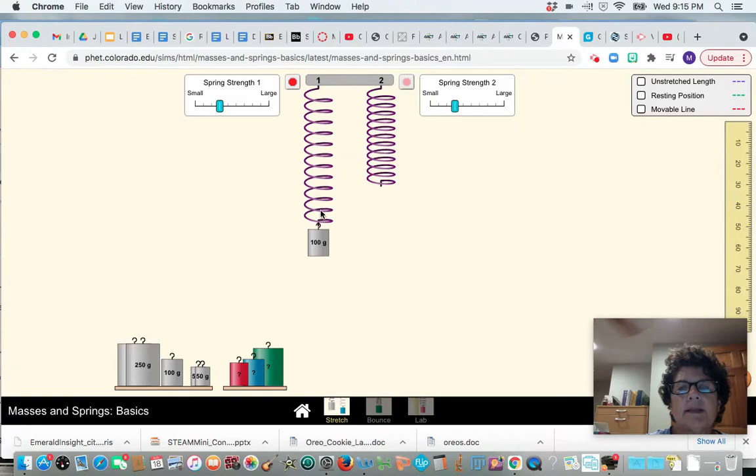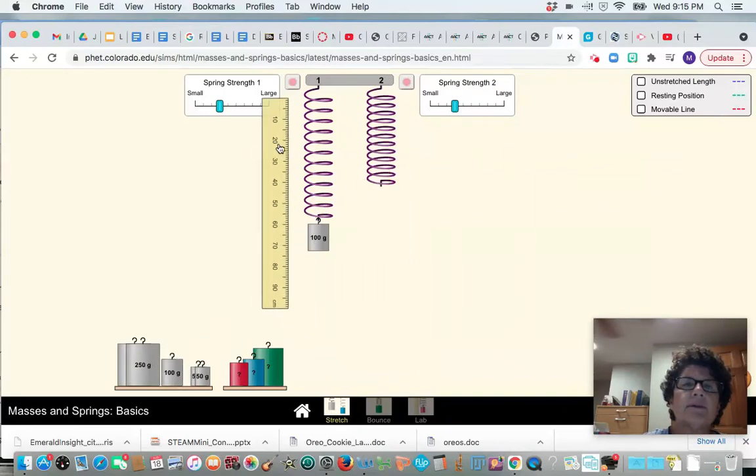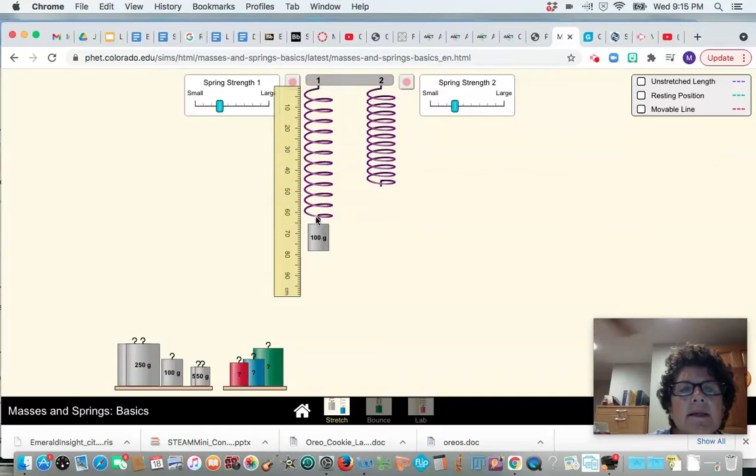And let's say we put like the 100-gram weight on this spring. And there's spring strength 1, spring strength 2. So there's 2 springs. Are they the same? Like if they look exactly the same. So I can change the strength of these, but I don't want to do that right now. So I'm thinking of ratios and proportions because that's what we were kind of looking at. So I'm thinking, if I put 100-gram weight on this spring and it goes to like 63 centimeters if it's stretched, if I put the 50-gram weight on, will it,